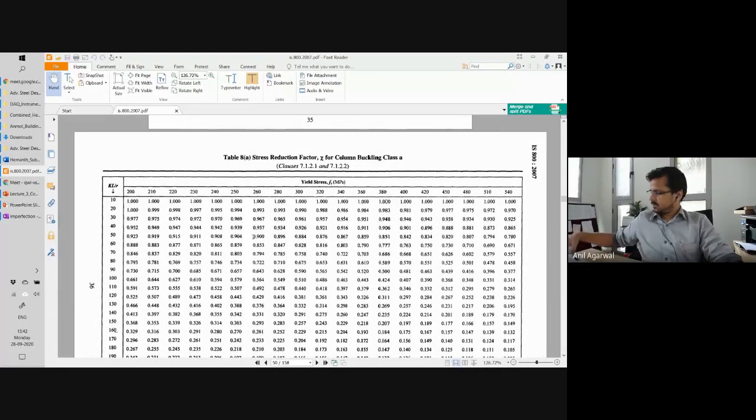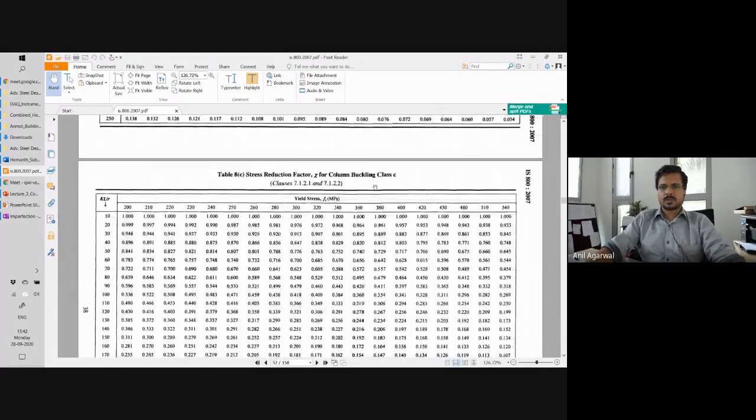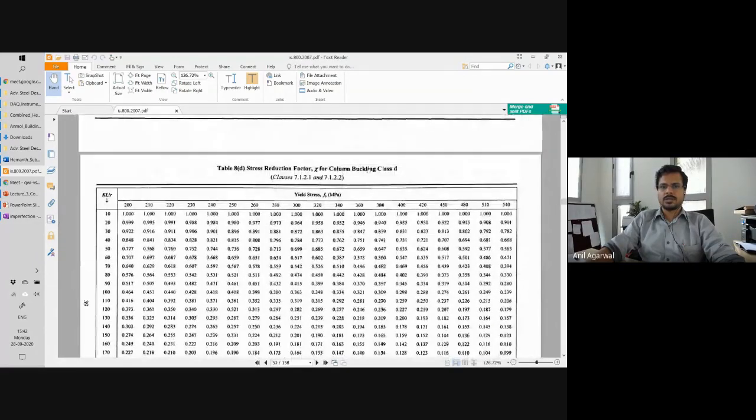There is also this table available which you can use. So in this table, for different classes, class A, class B, class C, class D, this is called Table 8. For 4 classes, it gives you the values of the FCD value, the values of chi directly, that factor chi that you can multiply with your Fy to get the FCD value. So for any given Fy and KL by r, that is effective slenderness, that is not relative slenderness, that is KL by r.